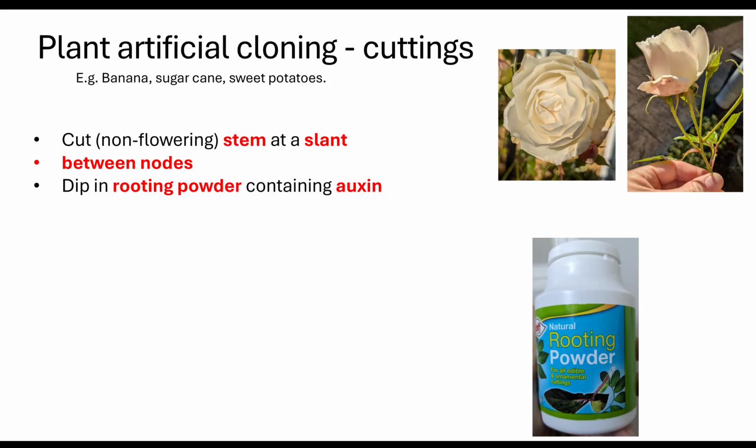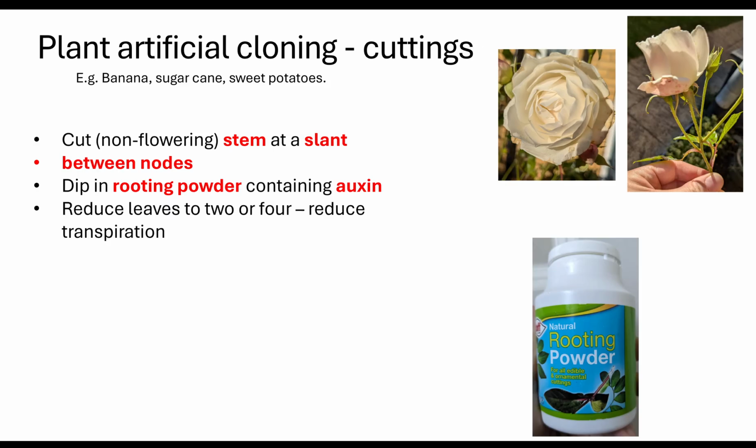So what I can do is I can dip this cut section into some rooting powder. Now the rooting powder contains auxin, so this takes us back to our plant hormones and plant responses, in the fact that this auxin is going to generate and encourage cell mitosis, cell division, and then the cell growth, so cell elongation. So by dipping it into the rooting powder, we're giving it hormones to stimulate that mitotic division and